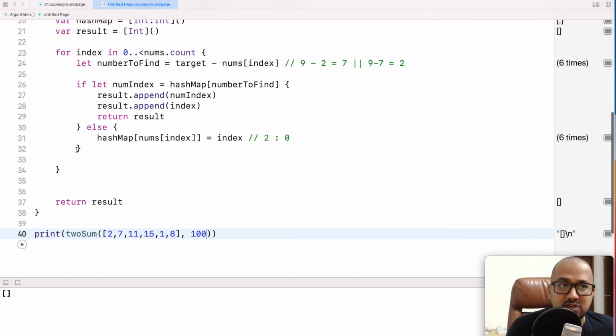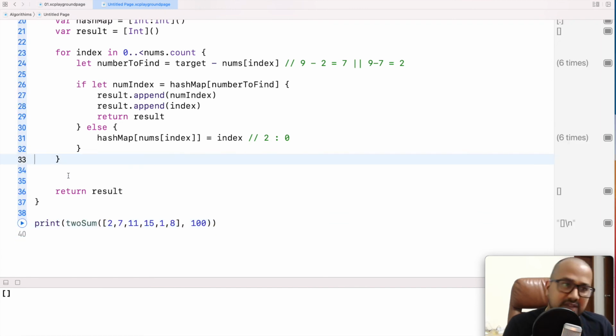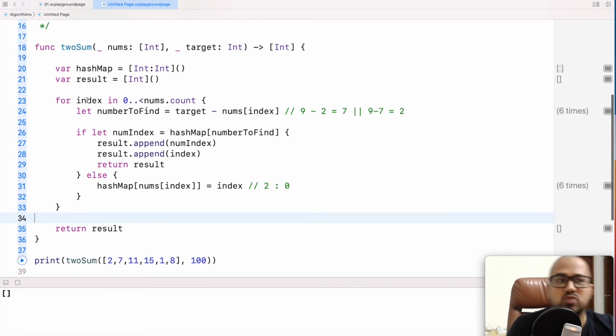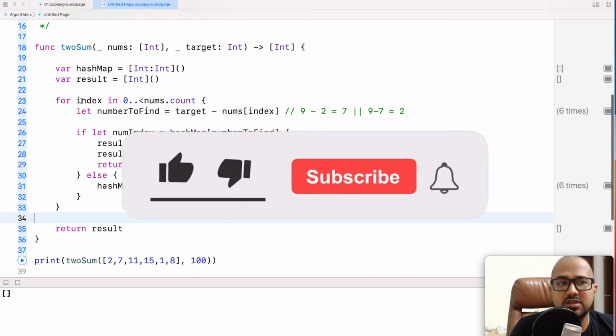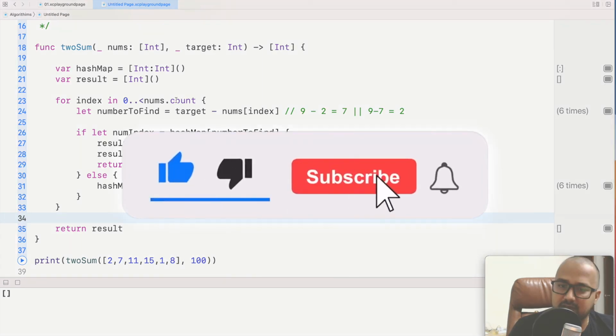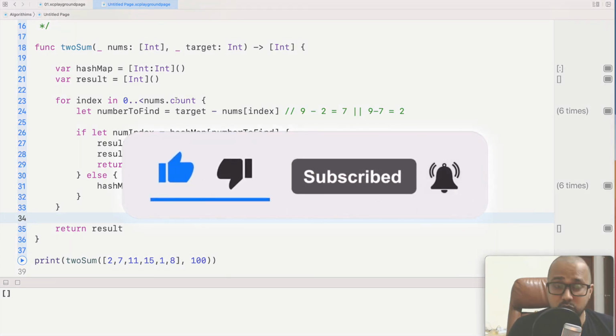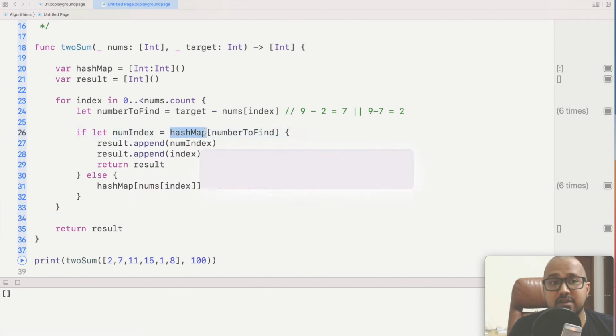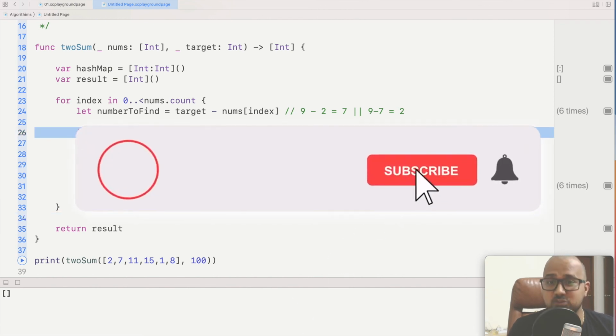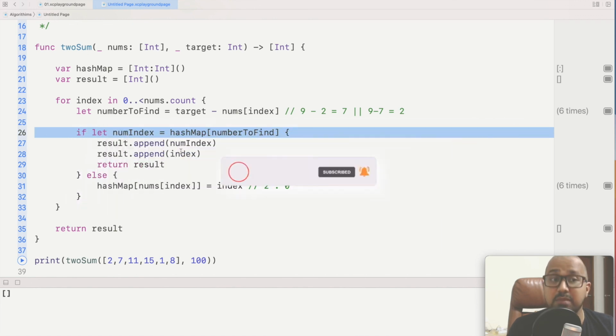Clear? So now let's check the time complexity. In the worst case, what we are doing is we are going from 0 to n. Okay. And if you know any better approach, or you think somewhere I could make changes to make it run faster than what it is, please let me know in the comments.